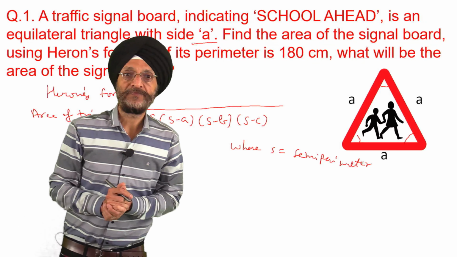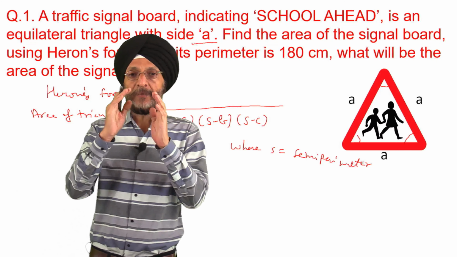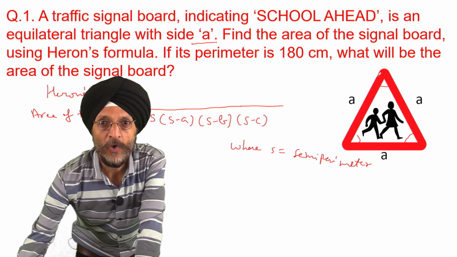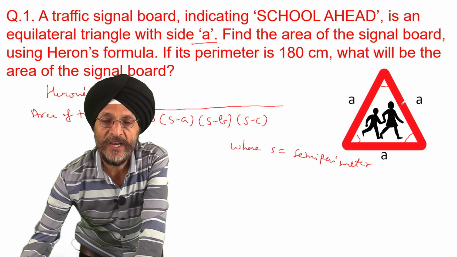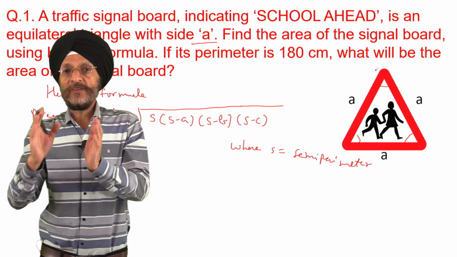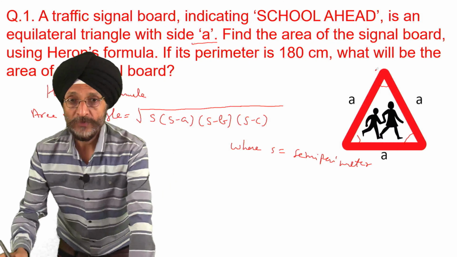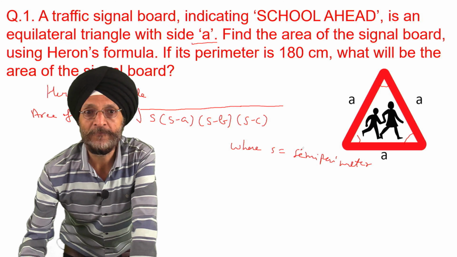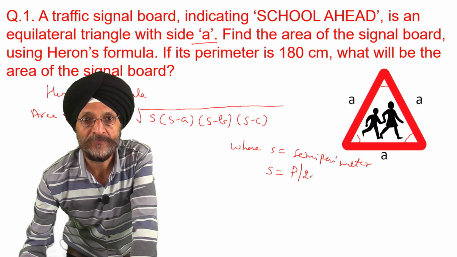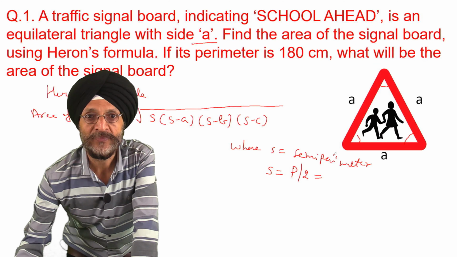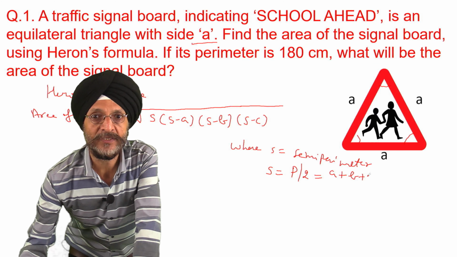What is semi-perimeter? First, we will understand what is perimeter. Perimeter is the total length of all the sides of the triangle. This is the boundary of the triangle. When we total the length of all the three sides of the triangle, it is called perimeter. Now, how do we calculate the semi-perimeter? Semi-perimeter is half of perimeter, so s is equal to a plus b plus c